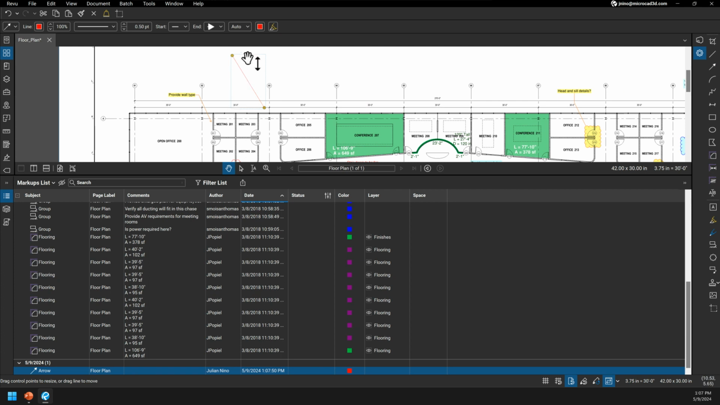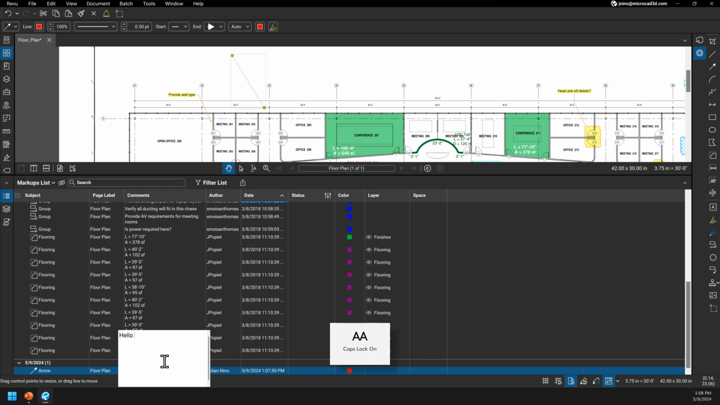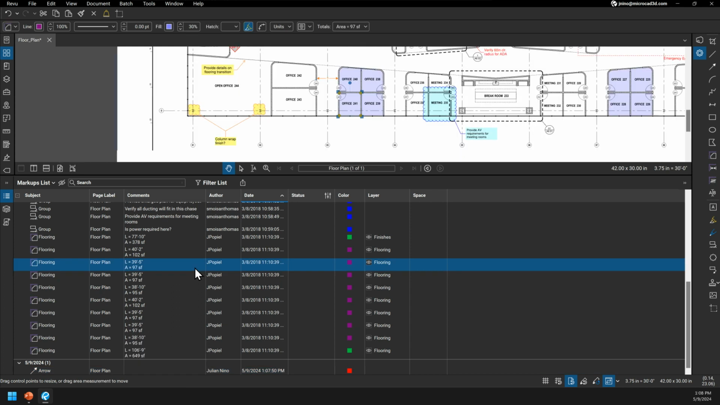And I'm going to create an arrow right here. And you're going to see automatically how it's been placed in my drawing. The subject is going to have the same name as my markup. And right here, I can add a comment. So double clicking on that empty area of the comment, I can say, hello, everyone, at the webinar, right? So that information is going to be available right there for me and my team next time that I'm